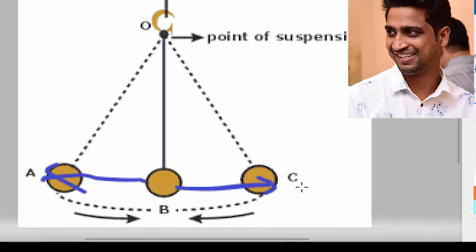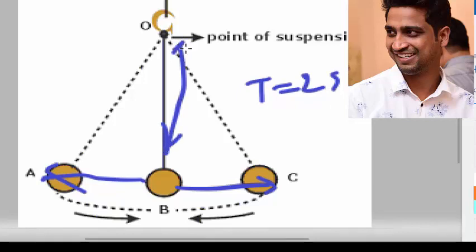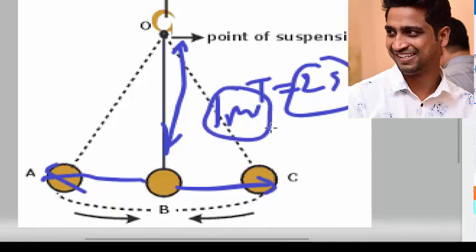Okay, so the last term of a simple pendulum is what? Seconds pendulum. So let's see what is seconds pendulum. Seconds pendulum is a pendulum whose time period is equal to 2 seconds. Okay, and the length of the string is equal to 1 meter is called as seconds pendulum. Means the time period is equal to 2 seconds and the length of the bob or the length of the simple pendulum is equal to 1 meter. Then it is called as seconds pendulum.